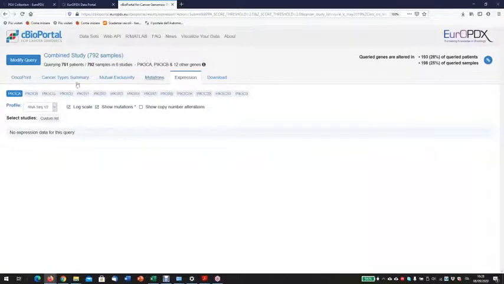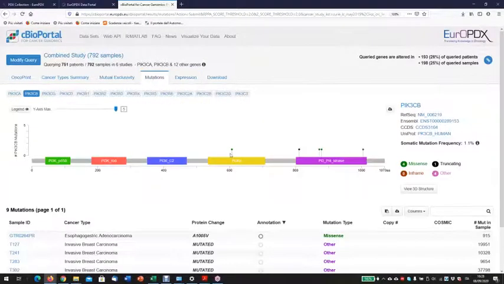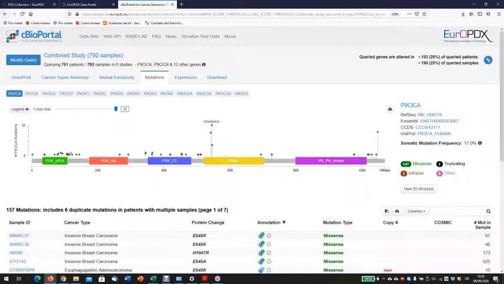Expression data are still not available. We are planning to put them. But you can check for every sample. And again, if you are interested, for example, in PIK3CA, and you want to see the models that have this